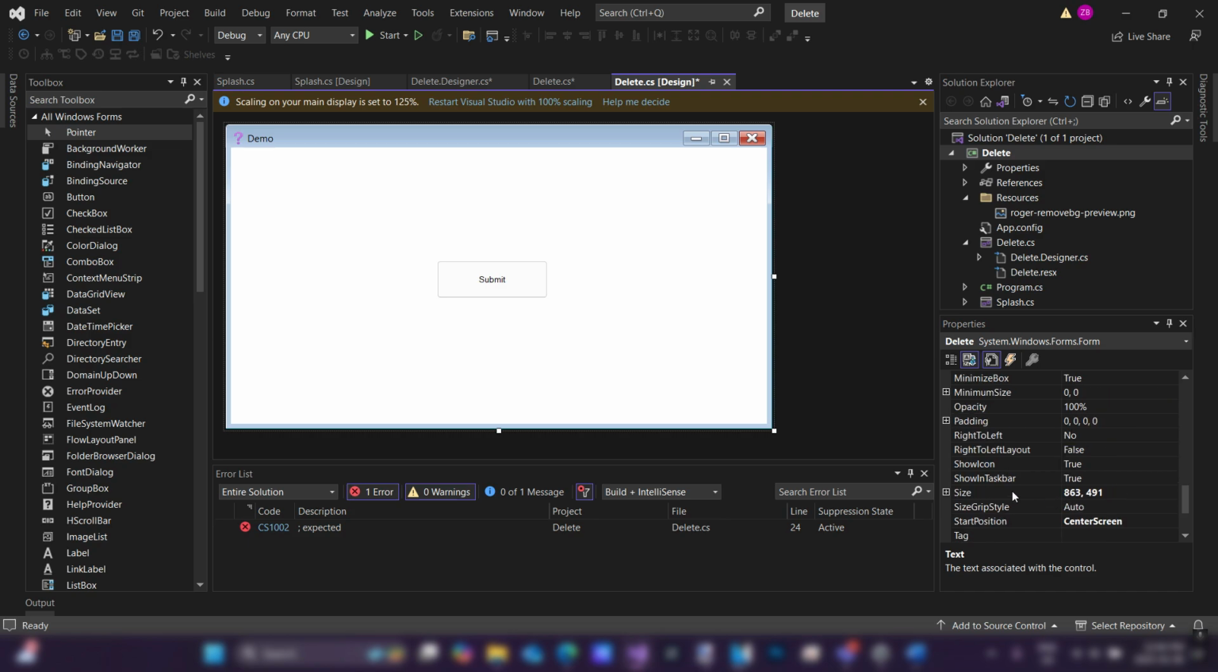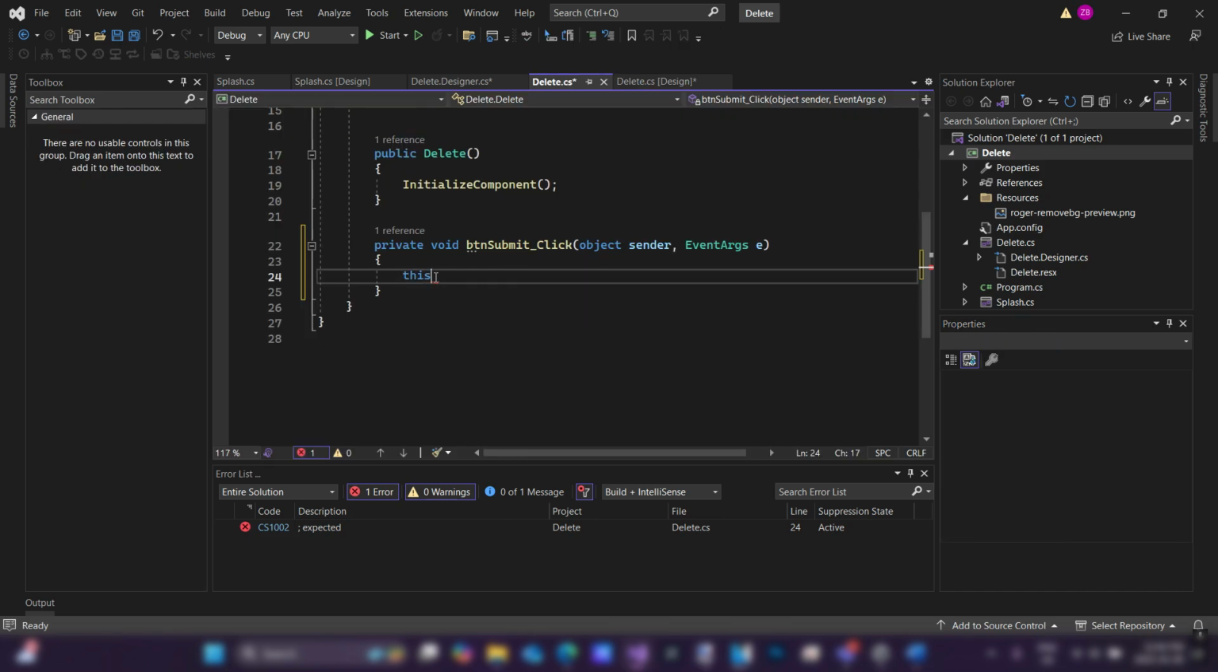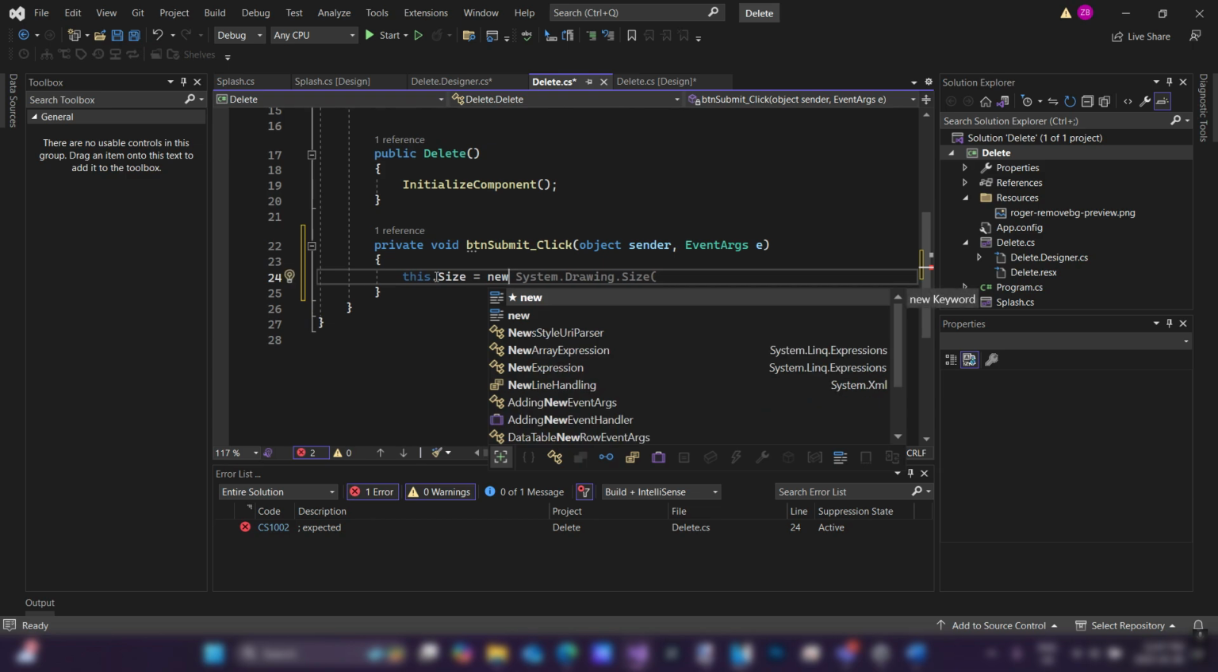Those are too boring. Let's do a fun one. Let's do size. We've never changed the size before. The size property has a width and it has a height. So if I wanted to change the size of my form, well, this refers to the form. Dot size equals, and this is a little weird, but I want to show you a weird one